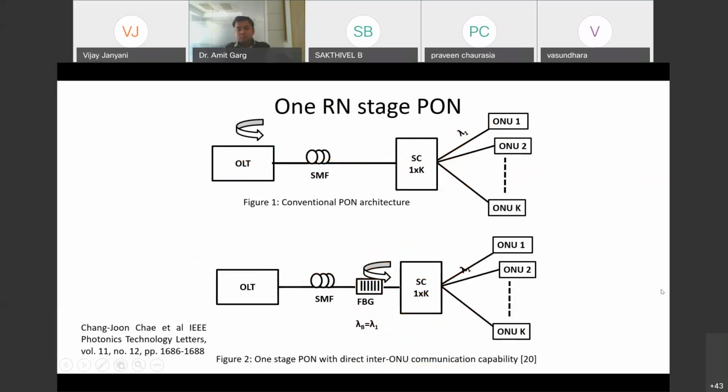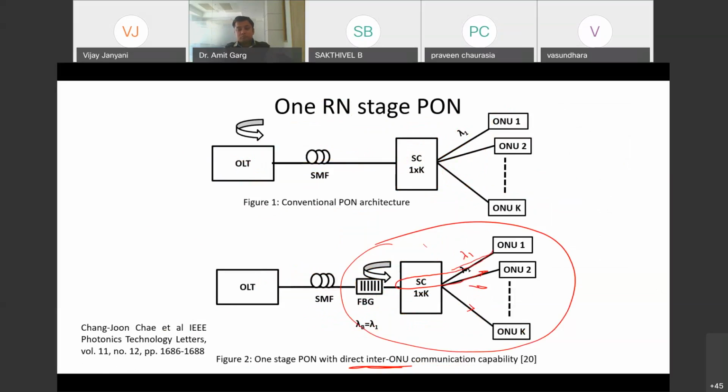Even in this arrangement, let us say this ONU is transmitting at lambda 1. If it wants direct inter-ONU communication, it will transmit at lambda 1, it will be reflected, and it can then communicate with all the ONUs.